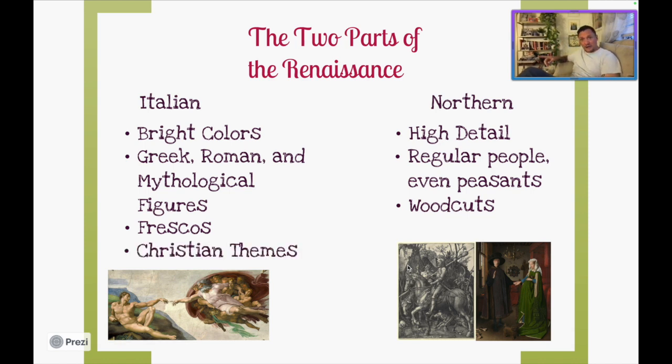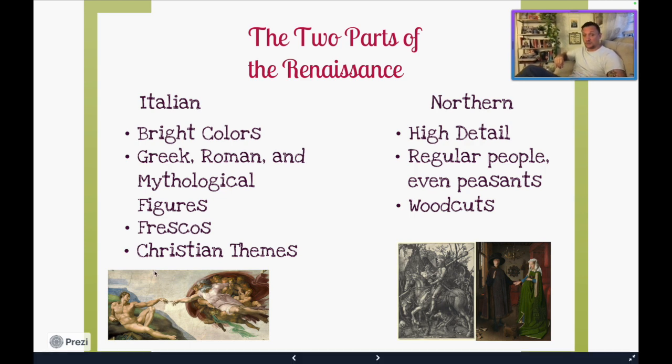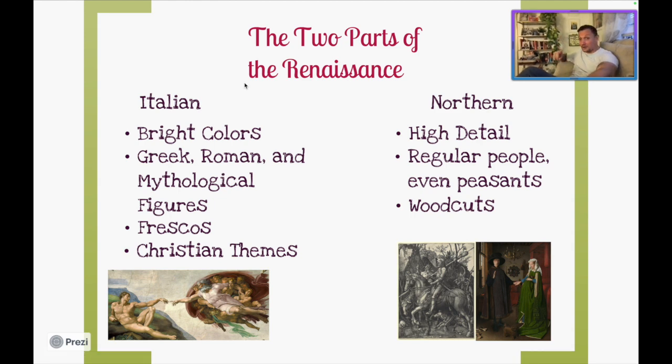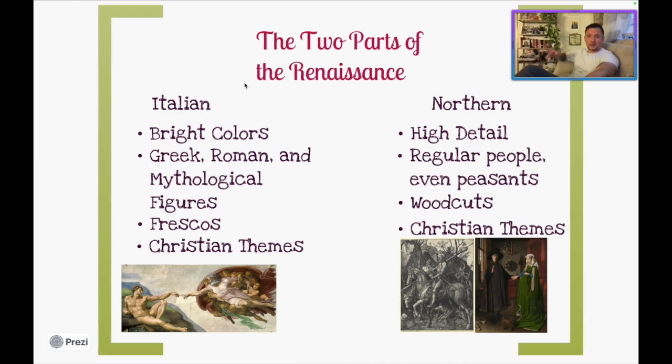Now, another thing we have to understand is that Italian artwork has a lot of Christian themes, for example this one right here, which has God reaching out to the outstretched arm of Adam. And in Northern artwork, you're going to see Christian themes as well. But the Christian themes are going to be a lot more direct in Northern artwork, with direct references to Christ and biblical stories. Whereas Italian art will have them interspersed with a lot of mythological figures, or parallel to the actual Christian themes. But really quickly, they both tend to have them.